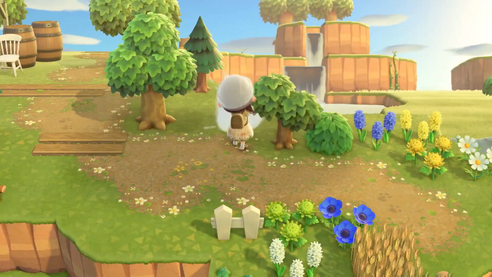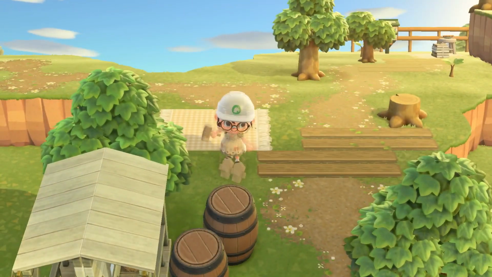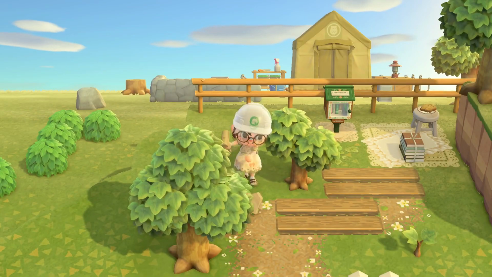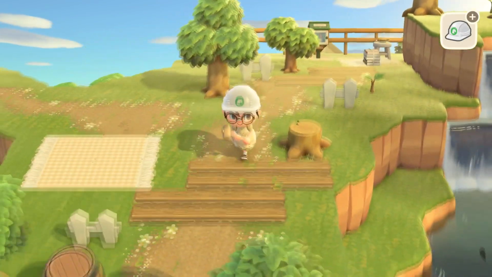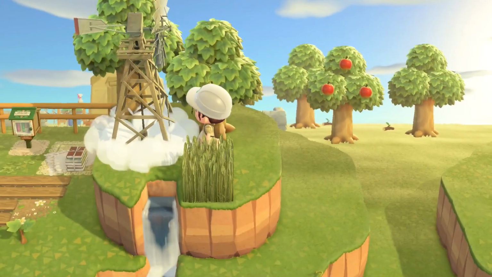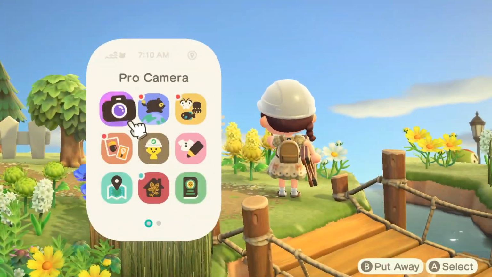So I'm just placing down some fencing. I'm really utilizing fencing on this island, especially different variations of fencing. I think I use like 3 or 4 different variations of fencing in this build, which I really like, because usually I do use fencing in a lot of my old builds, my old islands, but this one in particular, I'm using tons of different types of fencing together, which I really like. And then I started placing the wind